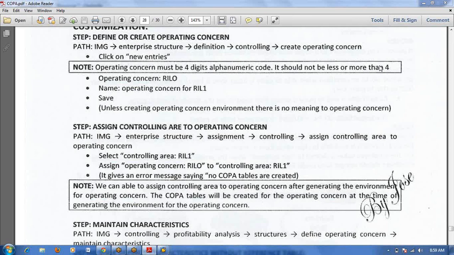Since we are covering the COPA module, for any client who has implemented COPA we can at least get that. Selling expenditure you normally post in the FI module to the cost center, and from the cost center to COPA you allocate.